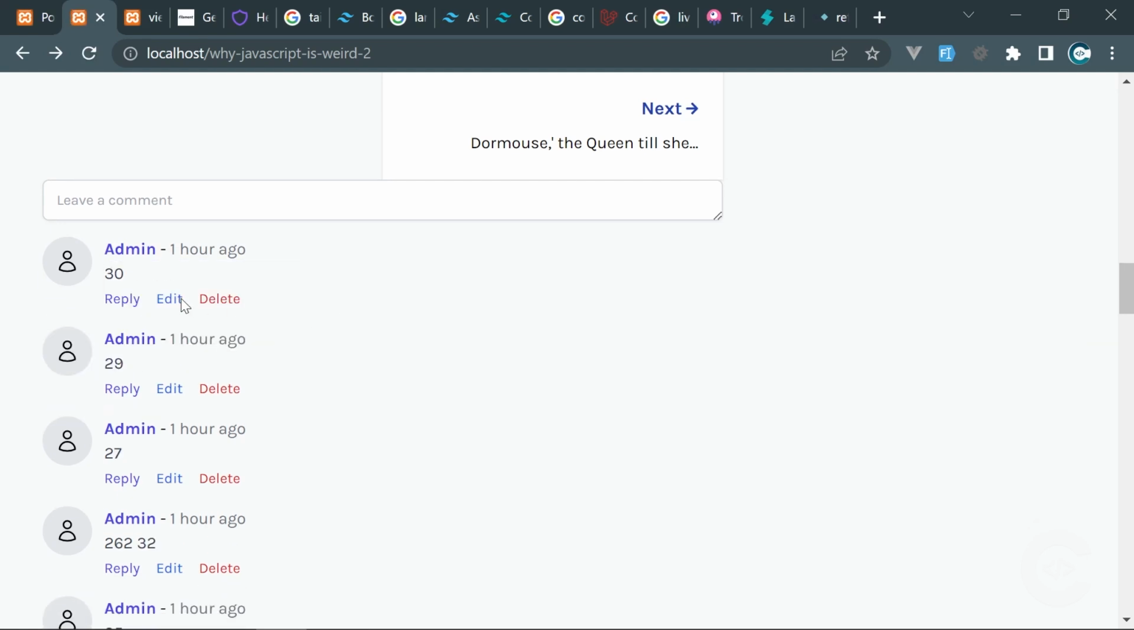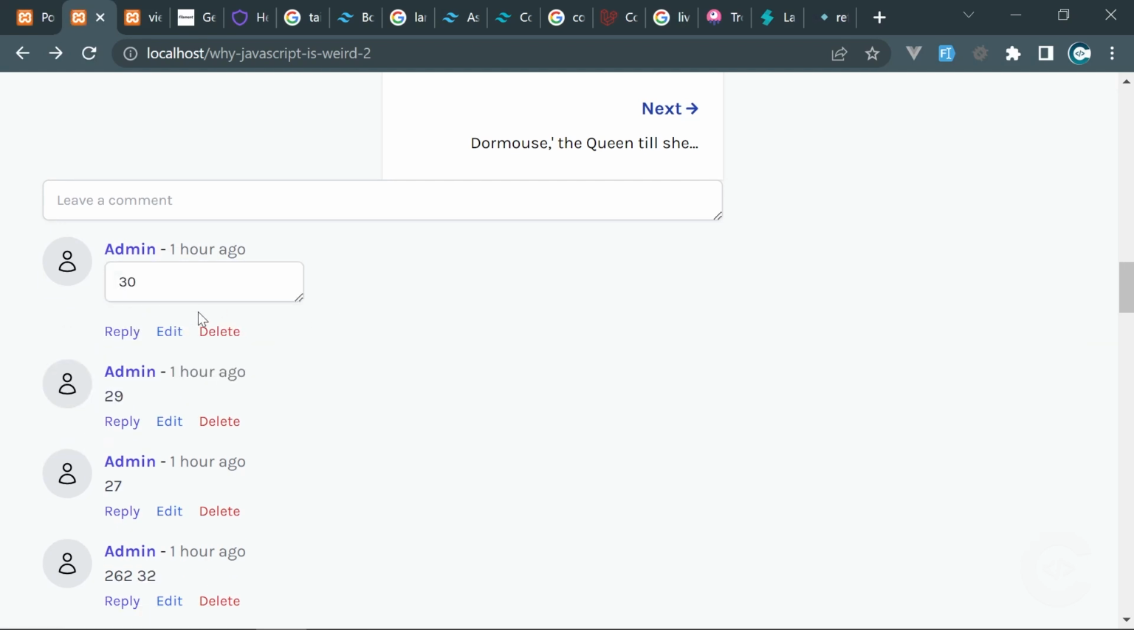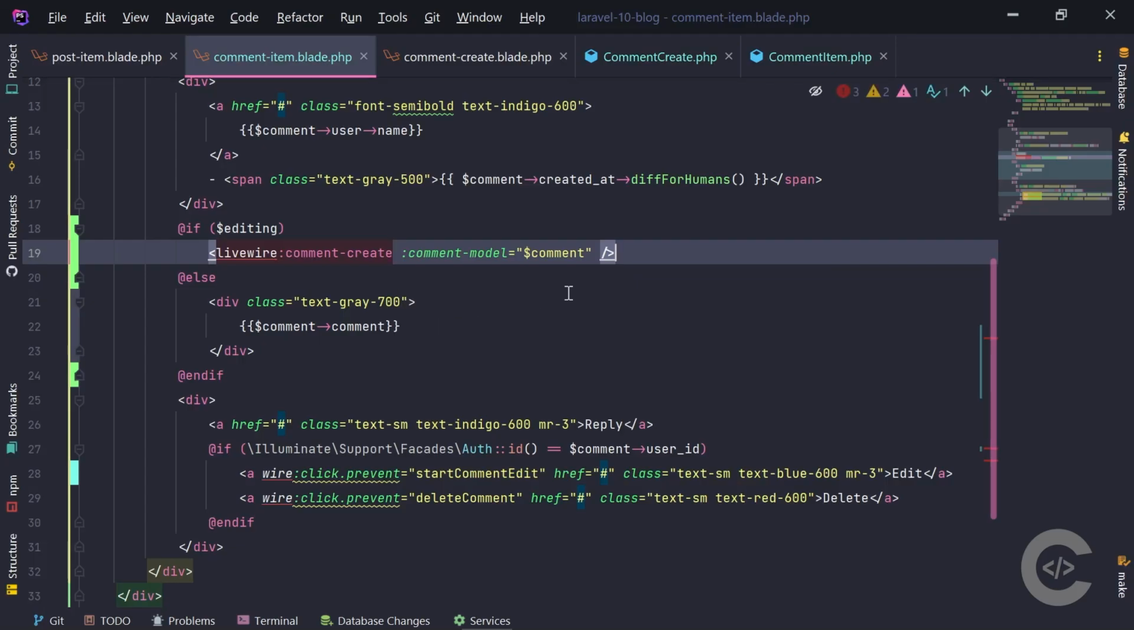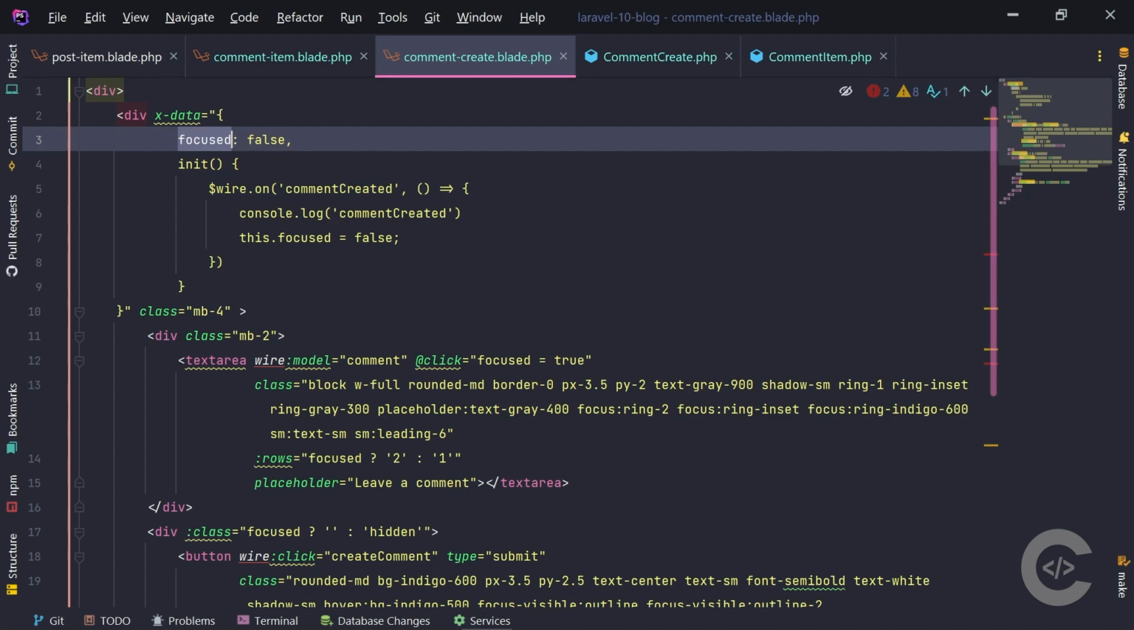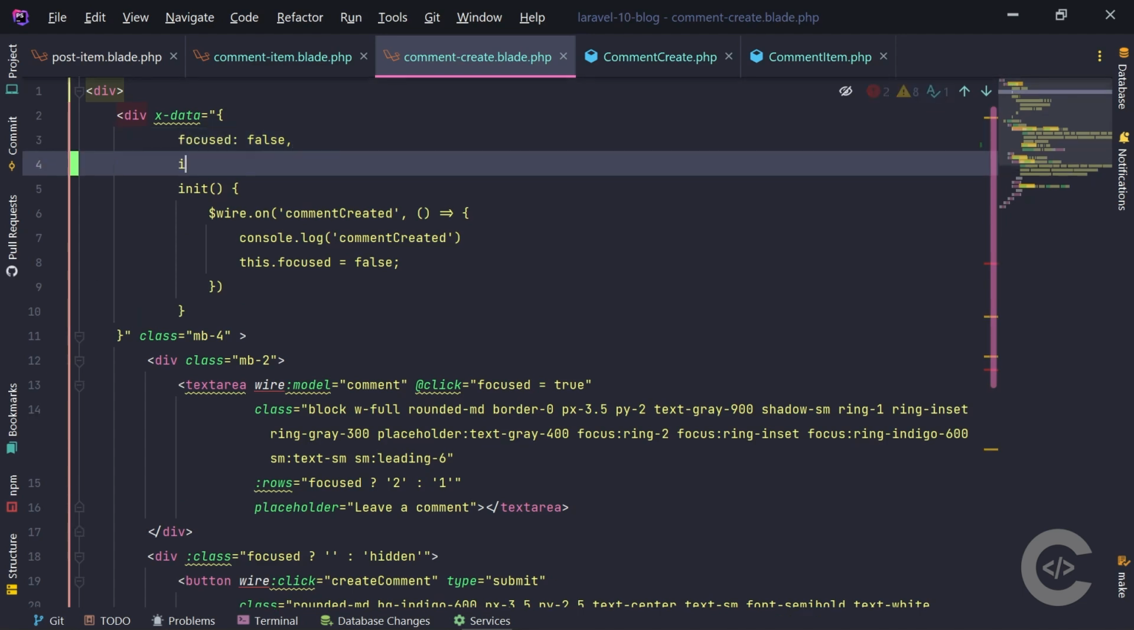Okay, now whenever we click edit, we want the submit and cancel buttons to be immediately visible. Okay, how are we going to do that? In the comment create, we display those buttons if focused is set to true. So we probably need to define a new variable like an isEdit variable. So if we are editing, we want those buttons to be always visible. So if we are in edit mode,